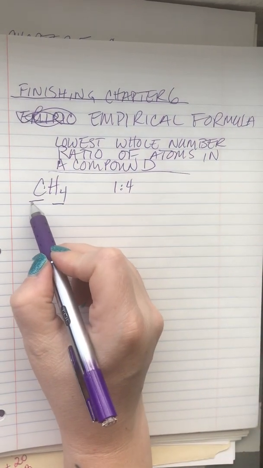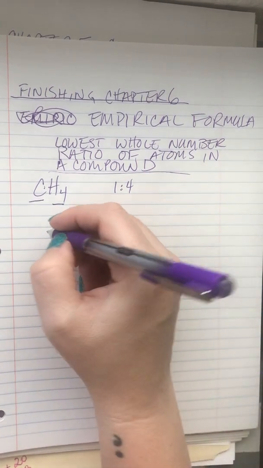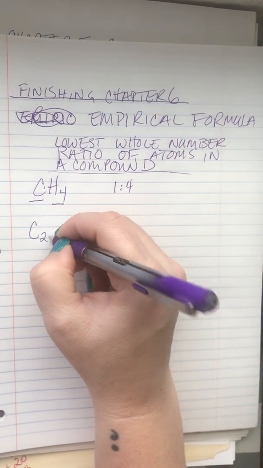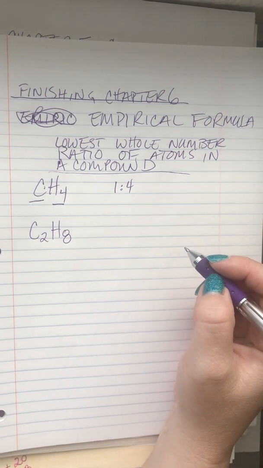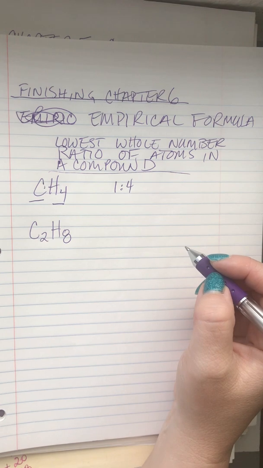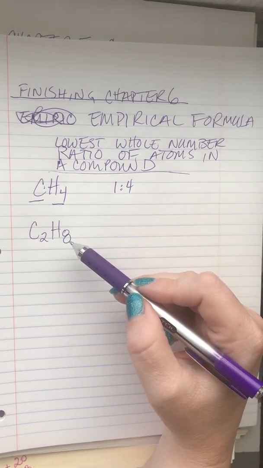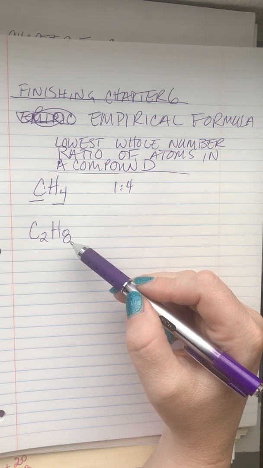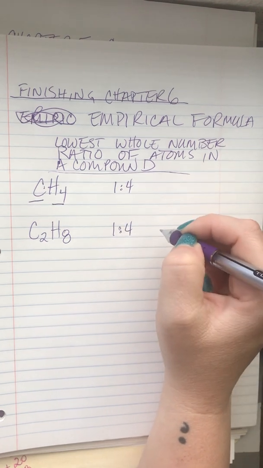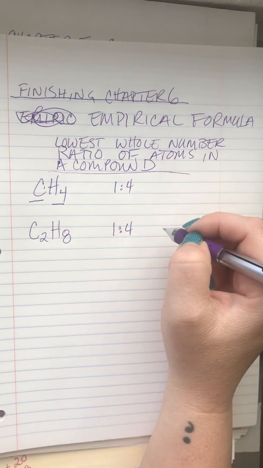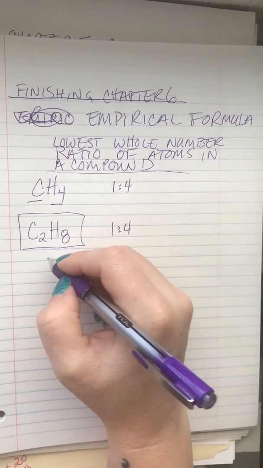So here we had 1 carbon for every 4 hydrogens. But you can imagine that we could have a chemical formula that looks like this. Now, is this the lowest whole number ratio of atoms? No. So our ratio in this case is the same, it's still 1 to 4, but now we have an integer